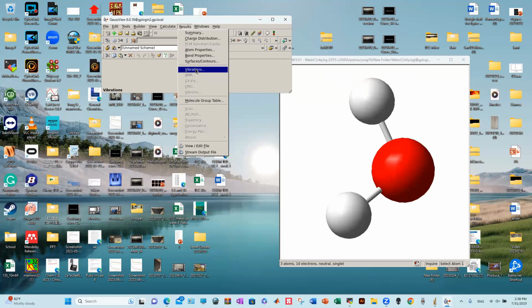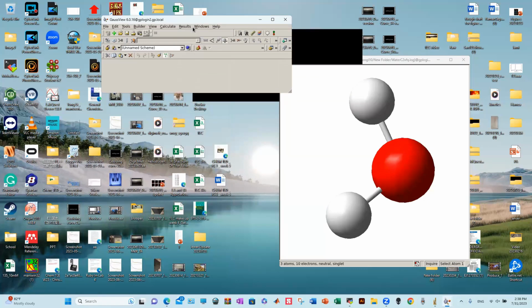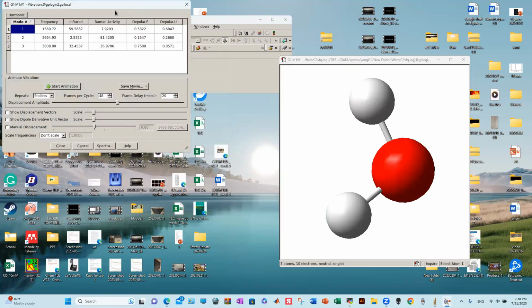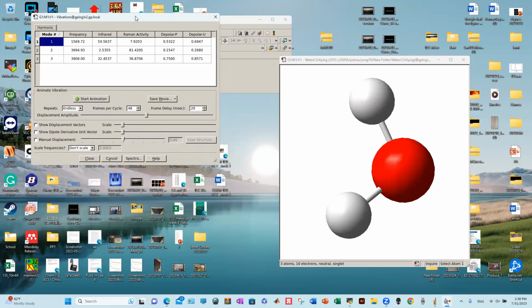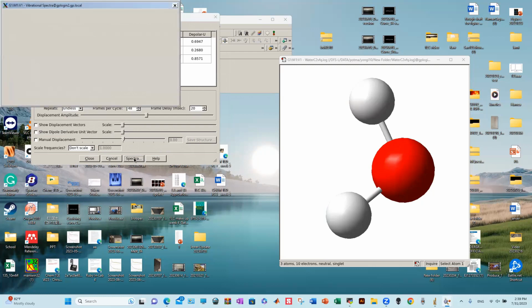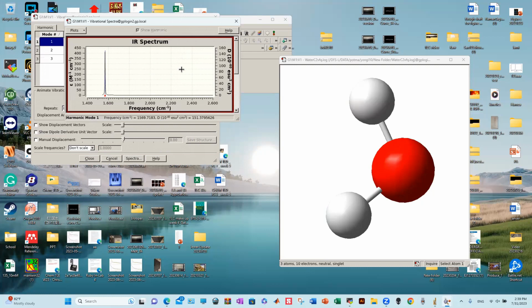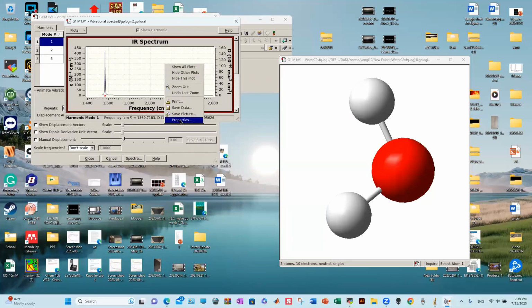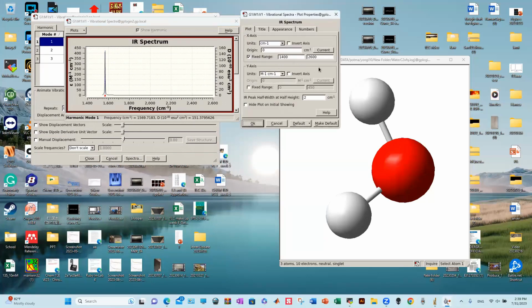After the molecule is computed, again, we're gonna go to a result and the vibrations. From right here, you can see we have a list of vibration modes. It actually represents both IR and Raman, and we can click spectra to review the spectra. You are seeing this range as it is because I set the range for my default. Because this is a region of interest for me, you can reset the range accordingly by clicking the